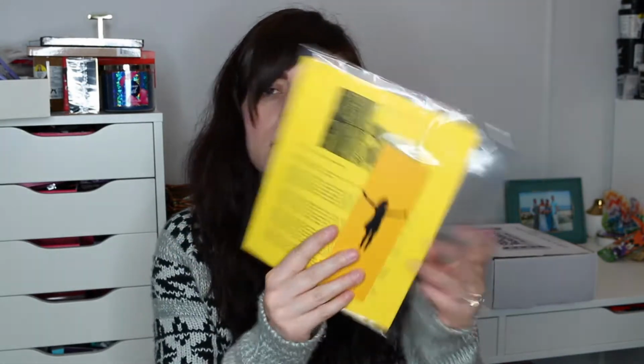And then the book. Okay, but there's also this little extras in here. So let me see what this says. There's a little bookmark